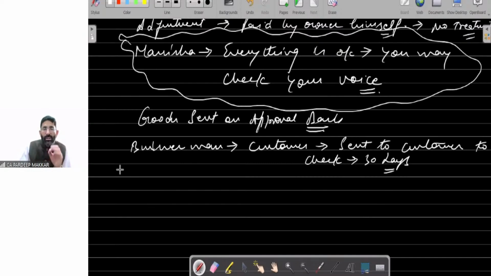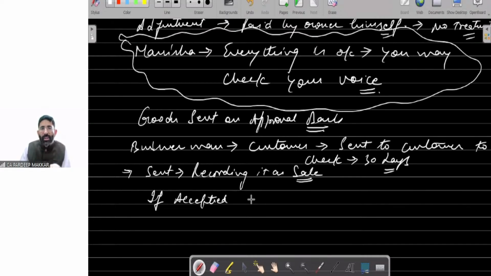So there are 3 points. One is the period is specified. Second is the customer may retain the goods, or he may give it back to us within the specified period. But if he does not give it back within the specified period, then we will assume it as a sale. So in this case, what happens? Normally, when the goods are sent, we are recording it as sale. So if we have recorded it as sale, that means we have assumed it as sale, there's no problem. If accepted by him,